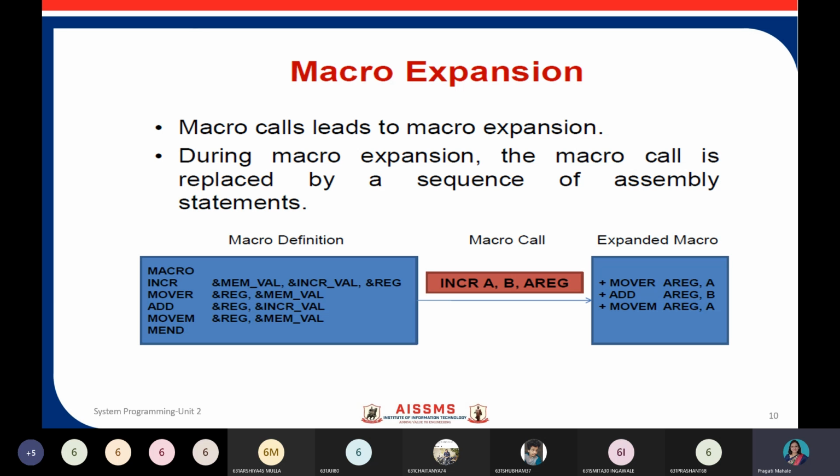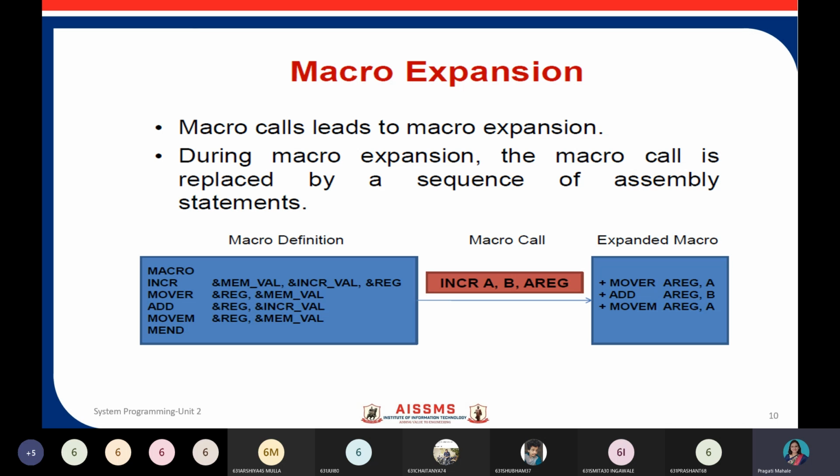For example, here you can see this is my macro definition. I have a macro with the name INCR. These are the arguments defined for my macro. These are the different statements of execution like MOVE, ADD, MOVEM, and this is the END. Okay, I make a macro call. What is the syntax of a macro call?